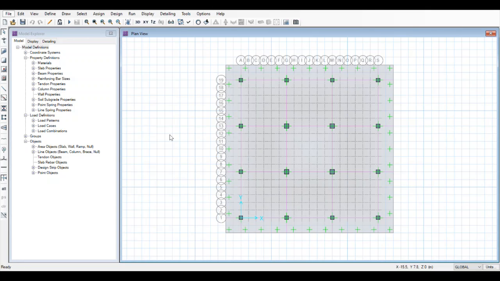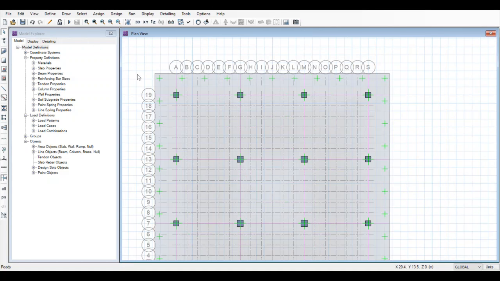So now it's time we start defining the materials which we are going to use. So go to Define, go to Materials. So guys, the materials we will be using is M40 grade concrete, and the rebar material which we'll be using is HYSD 500. Now again go to Define. After defining the materials, it's time for us to define slab properties.